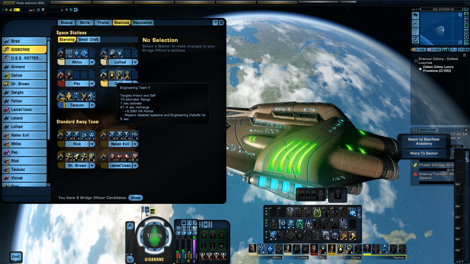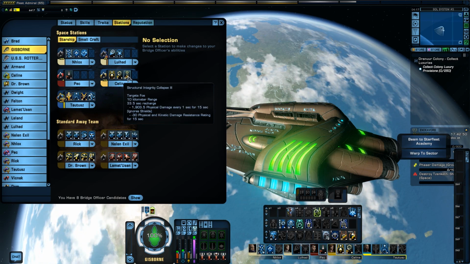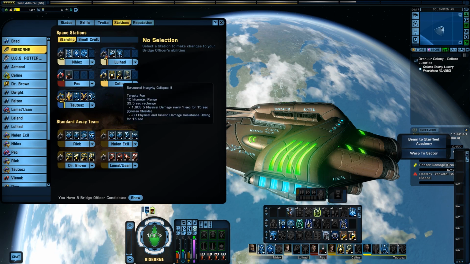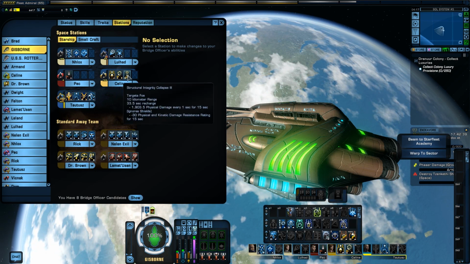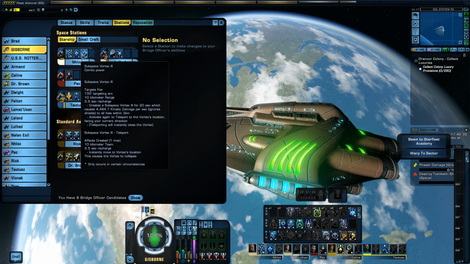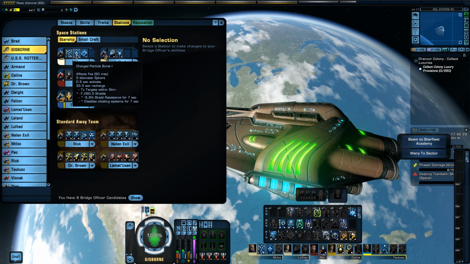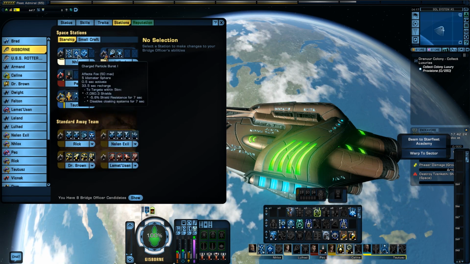Engineering Team 2, our Spike Hull Heal. And Structural Integrity Collapse 3, which gives us a physical damage resistance rating debuff, as well as a kinetic damage resistance rating debuff, and does some physical damage on its own. So this is a fun ability to have. Hazard Emitters 1, Charged Particle Burst 1, which is one of our main abilities that we use to activate our deteriorating secondary deflector. And you want to use this in an area where it's going to hit as many targets